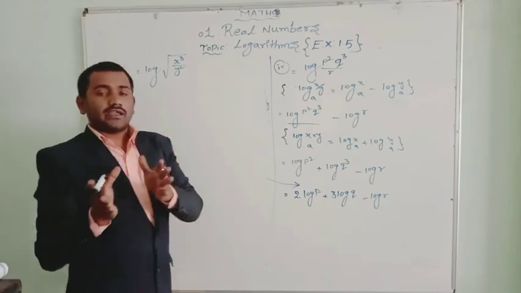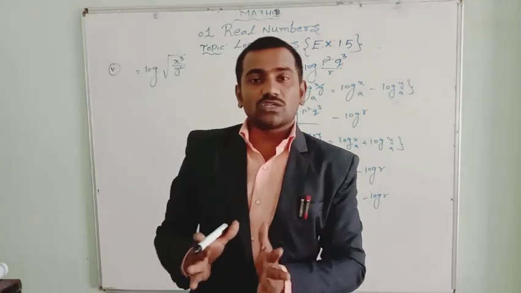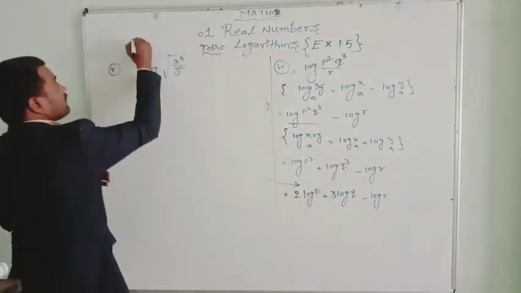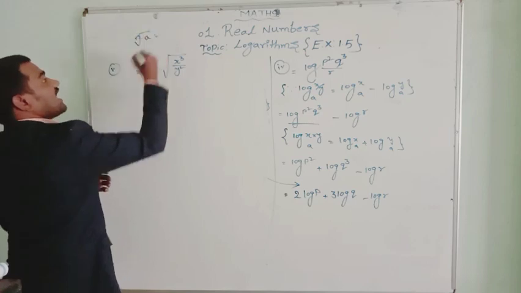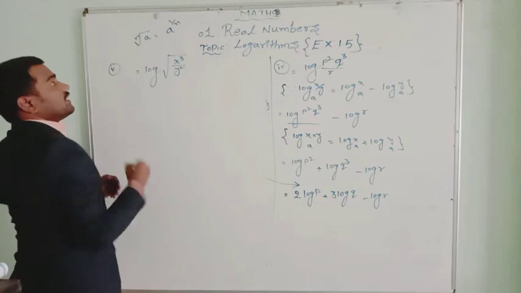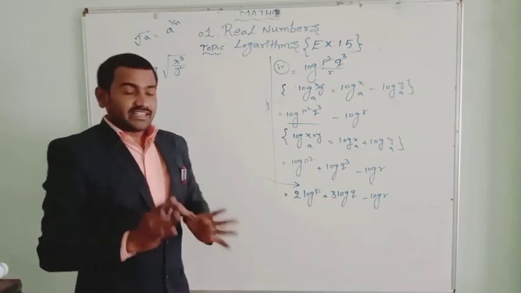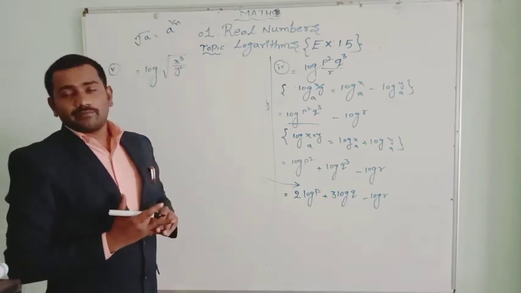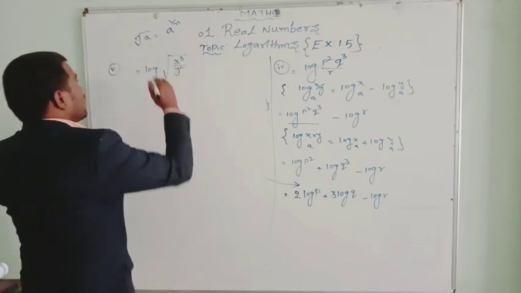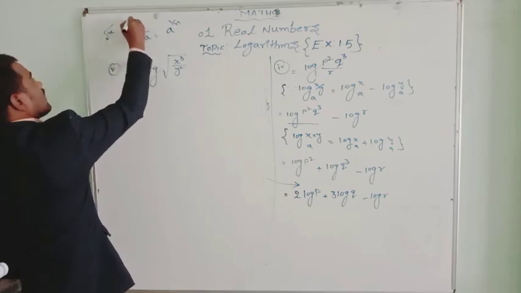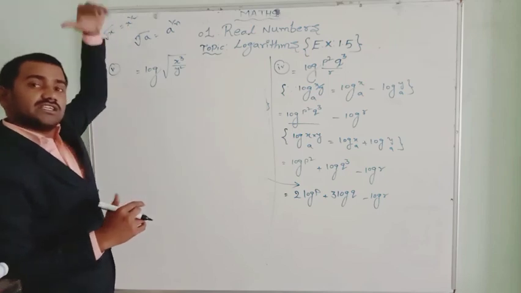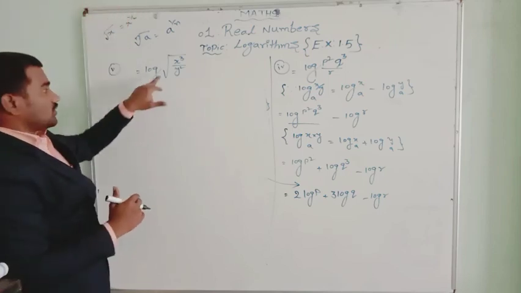Already we have learned in our 9th and 10th class what is radical form and exponential form. So what is radical form? Nth root of a is a radical form, where you can expand this in the exponential form, that is a to the power of 1 by n. In that form, here root x is there. This square root we can write as square root of x equal to x to the power of 1 by 2. This root, if you remove it, will give us the exponential form 1 by 2.